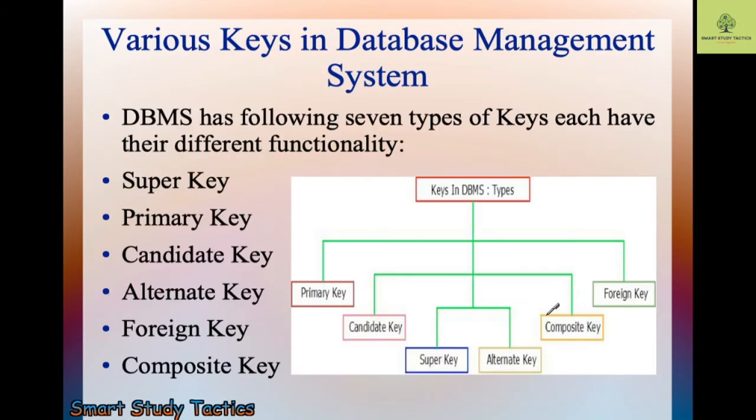Okay. Now we have various types of keys in the database. Some examples are here. First we will talk about the primary key, candidate key, super key, alternate key, composite key and the foreign key. So these are the names that you have to remember: the super key, primary key, candidate, alternate, foreign and composite. So mainly we will focus on these keys, and the others we will discuss today. So let's begin with the super key.